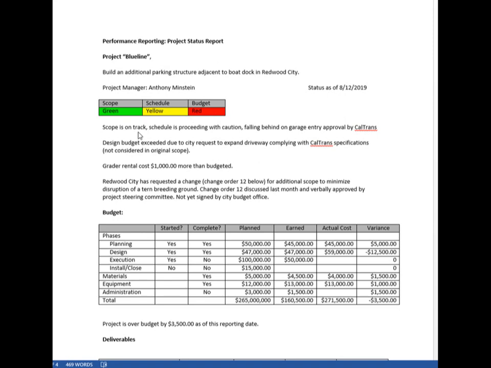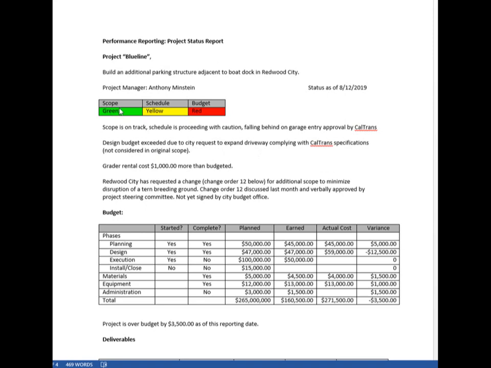Why is that? Well, scope is on track. Schedule has caution because of a garage, and we're waiting for garage entry approval from Caltrans. The design budget was exceeded because the city has expanded their scope to comply with Caltrans specifications.